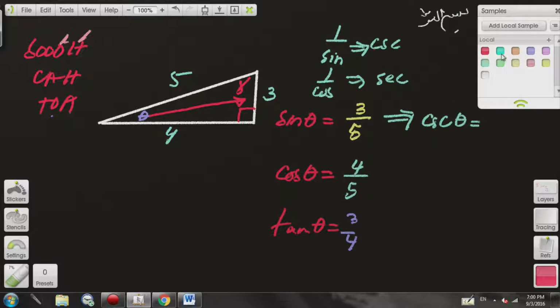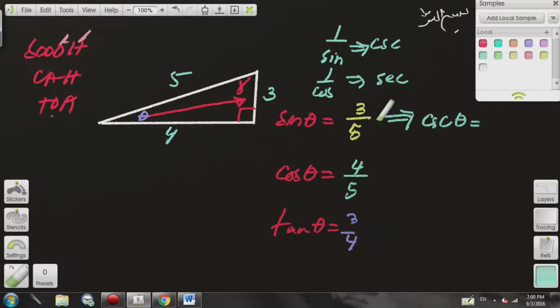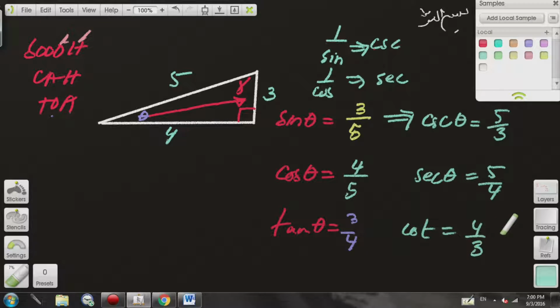So the cosecant of theta then is just 5 over 3. Okay? And secant of theta is to flip this one and get 5 over 4. And cotangent is 4 over 3. Like that. They're just inverses of each other, flipping of each other. Okay? So you have to know these basic